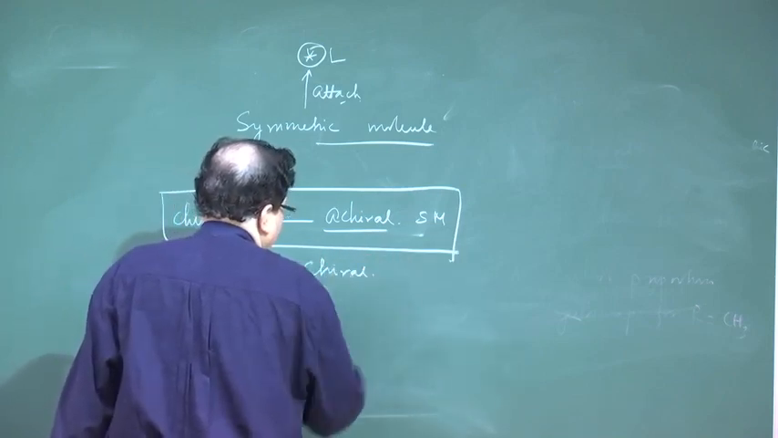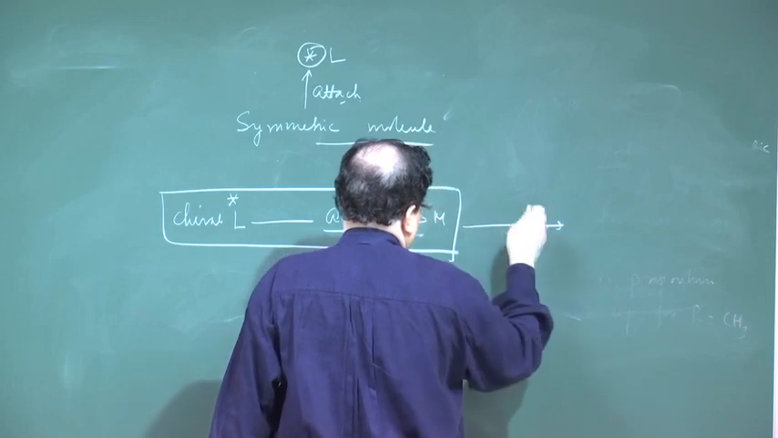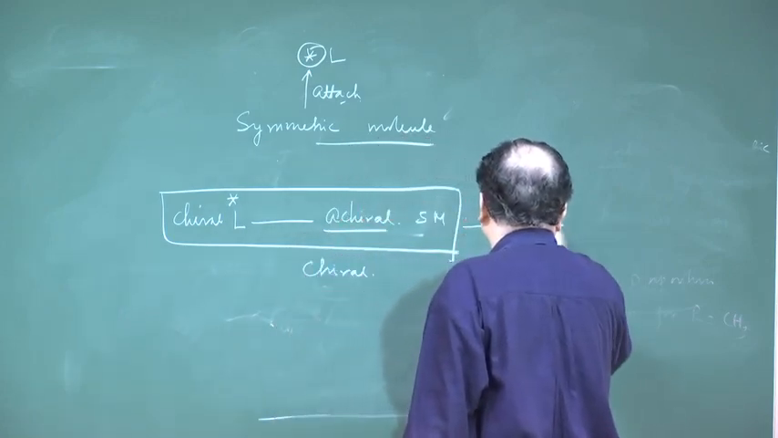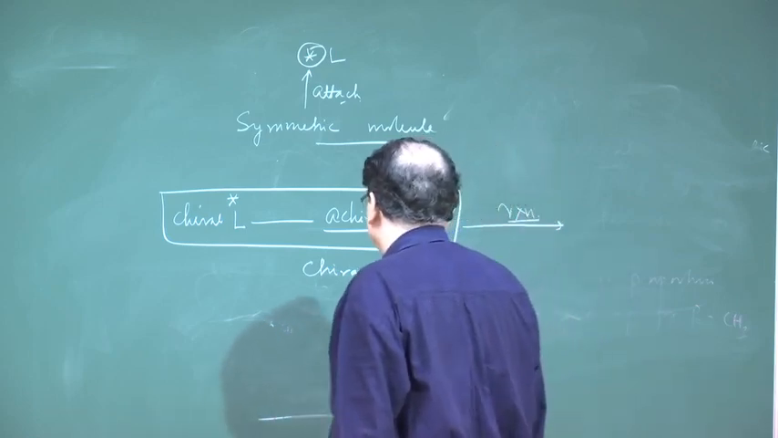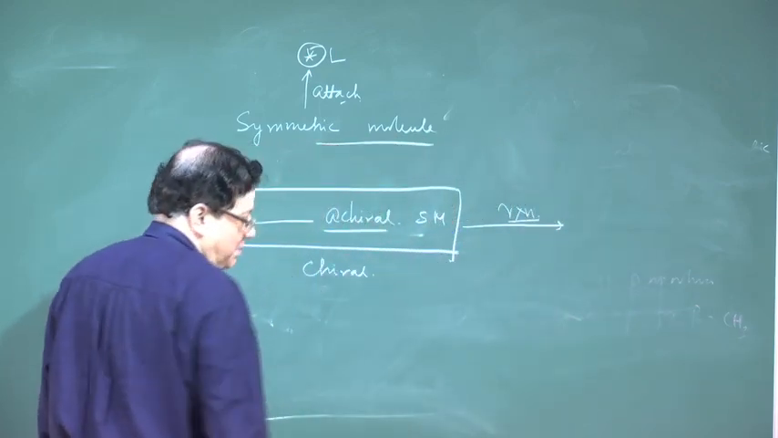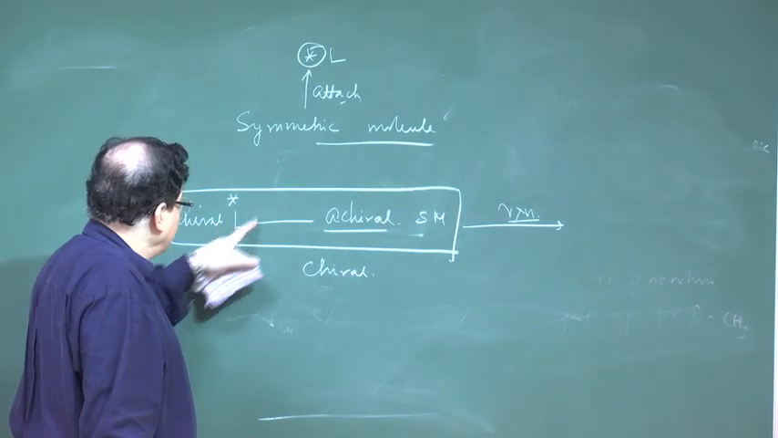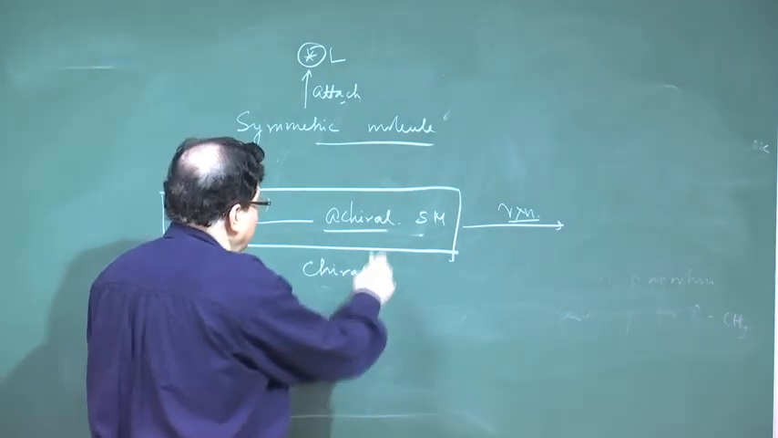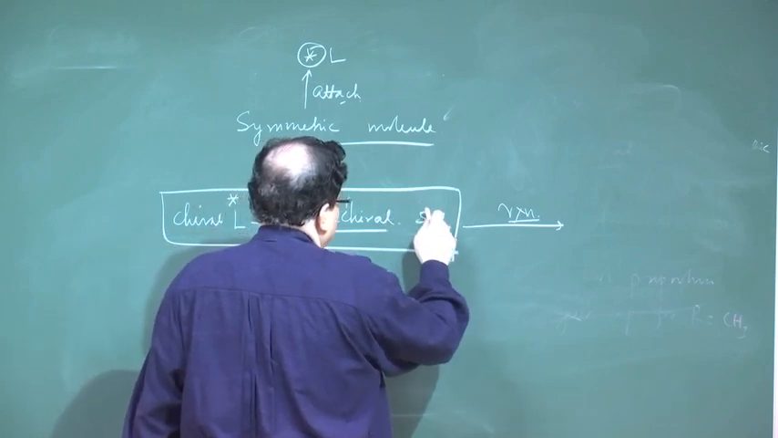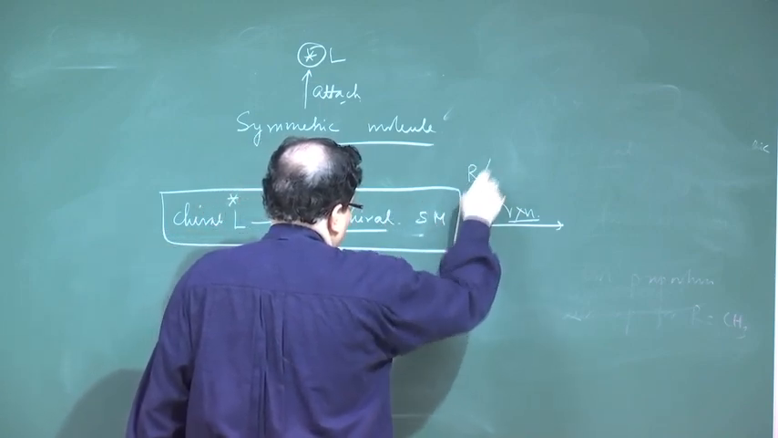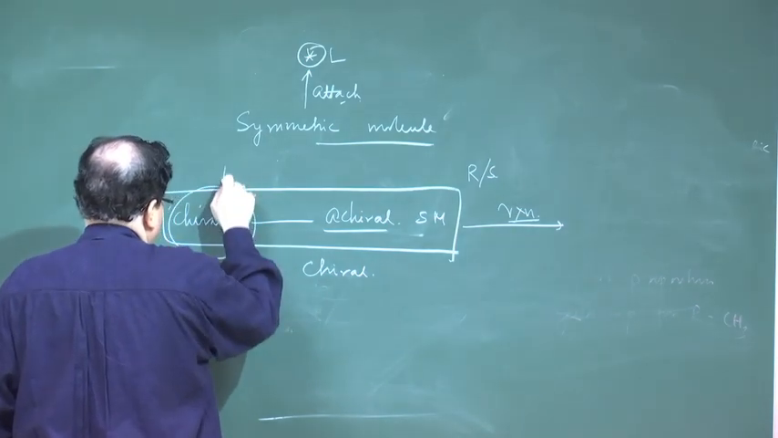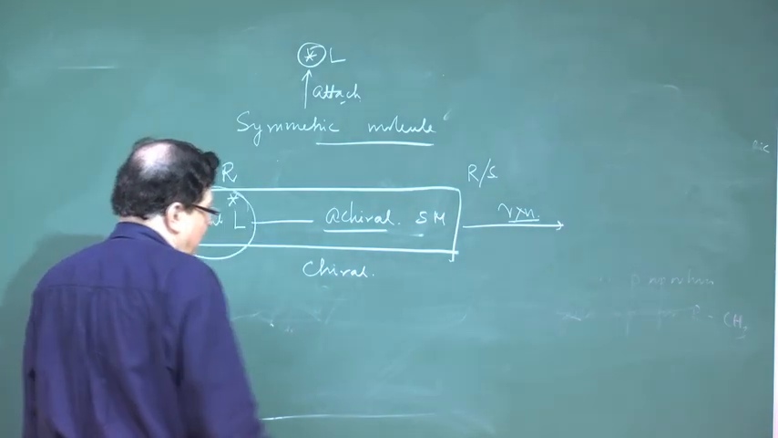The whole thing becomes chiral. So, now if you do a reaction on a chiral material, with a particular chirality, suppose this is generating a chiral center which has got R or S configuration, and your starting chiral entity has an R configuration. So, your